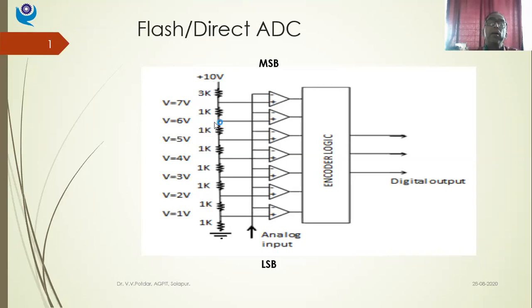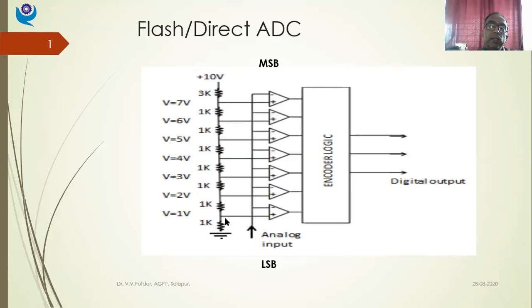So depending on my signal strength and my circuit requirements, I'll be deciding the range of voltages as the reference voltage. And as you can see in the resistance ladder, we have resistance in each step. This is called the resistance ladder. At each step we have 1 kilo ohm, 1K, 1K, 1K, 1K, up to the 7th step, and after the 7th step, to reach my 10 volt, I have a 3K resistance. This is as per my 0 to 10 volt requirement.